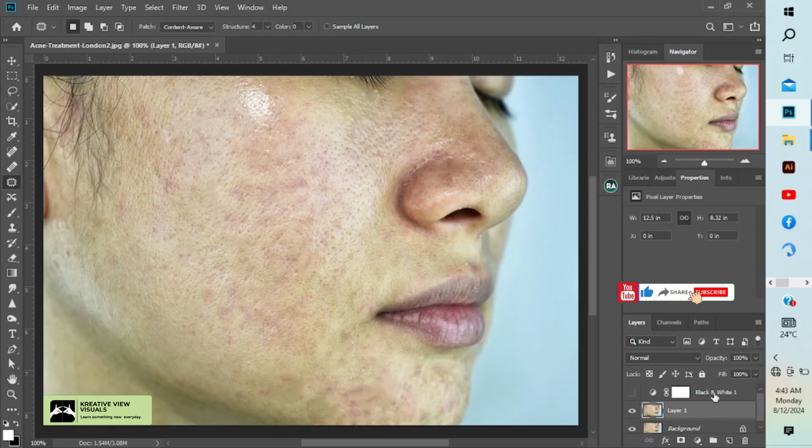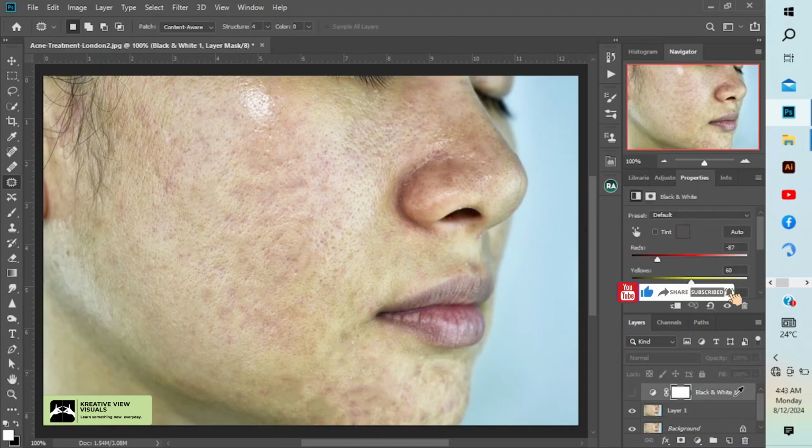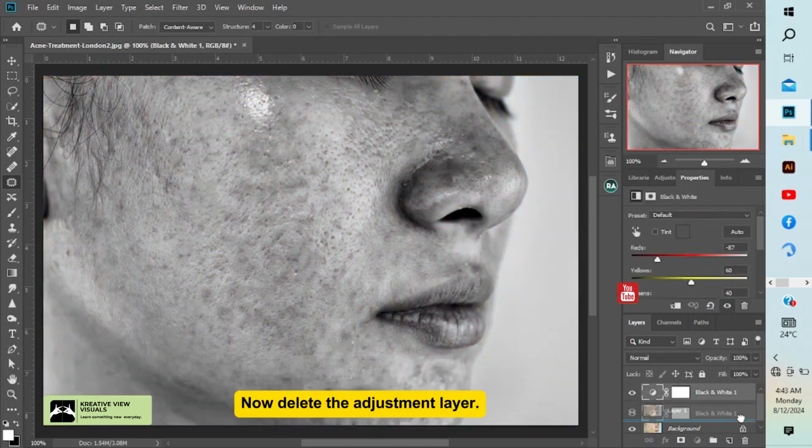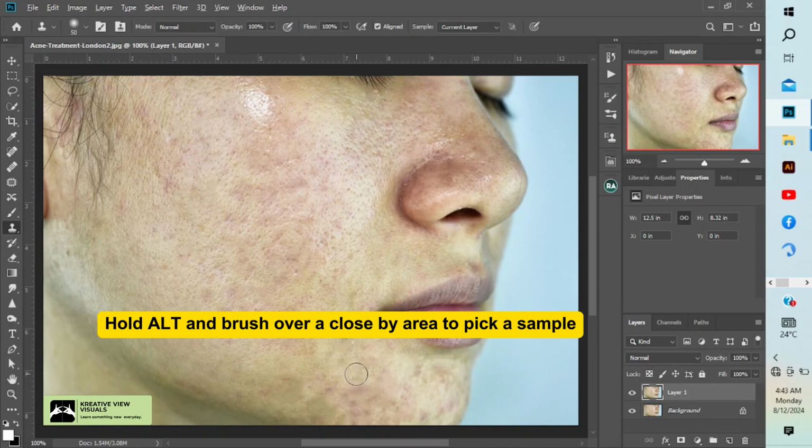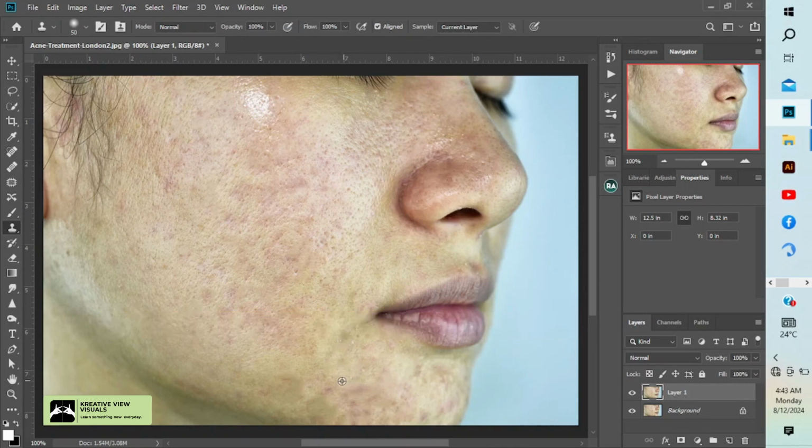Then let's delete our black and white adjustment layer. So these are before and then these are after. If you are sampling from a close by area,